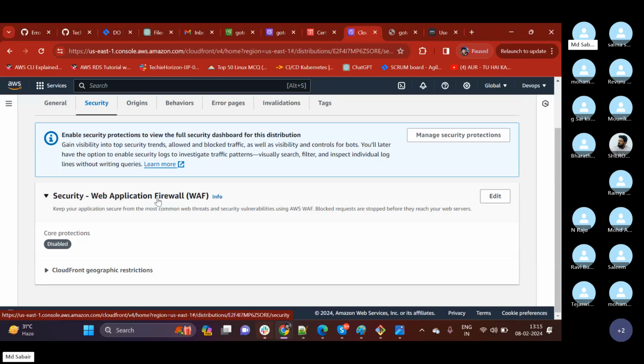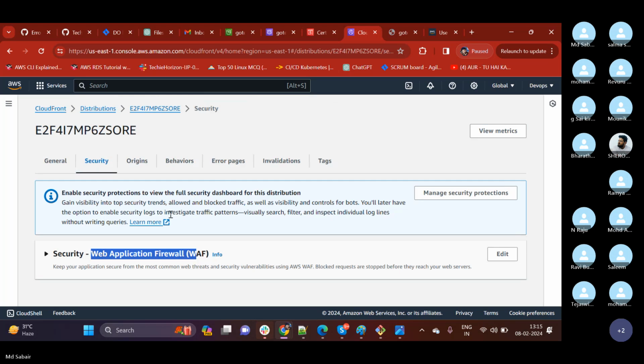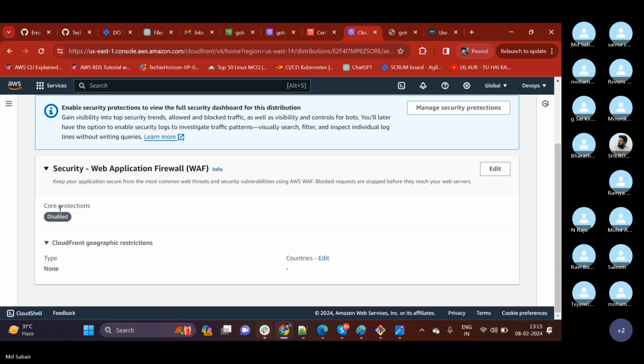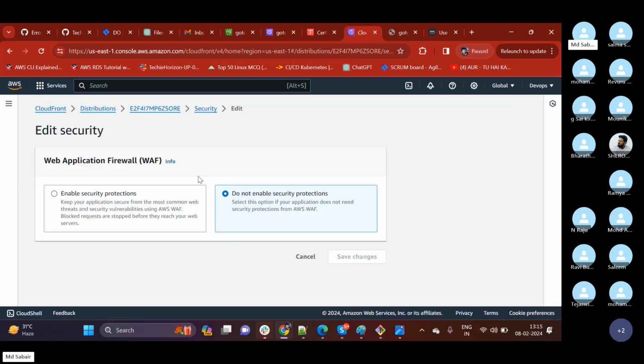Here we have these geographic restrictions. This is something related to firewalls. I mean, we have firewalls like security group and NACL and web application firewall. This is something which is used at the load balancer level. Okay, behaviors only. Earlier it was in behaviors, I guess. Now they have moved this to geographic restrictions. So in security, if I click on edit,